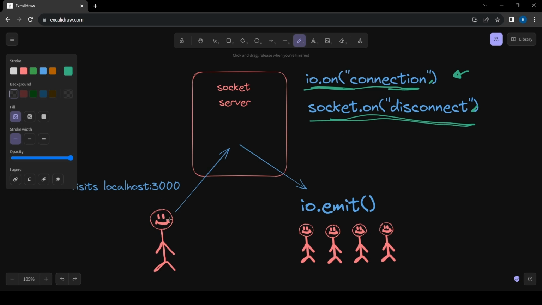And then, so here, let's say this is our user, or this is just us. When we visit our React application, currently on localhost, our socket server is listening for any connection. And once we connect, this will call the callback, and then it'll send an event with this method io.emit to all the users, and it'll say, hey guys, now we have this user